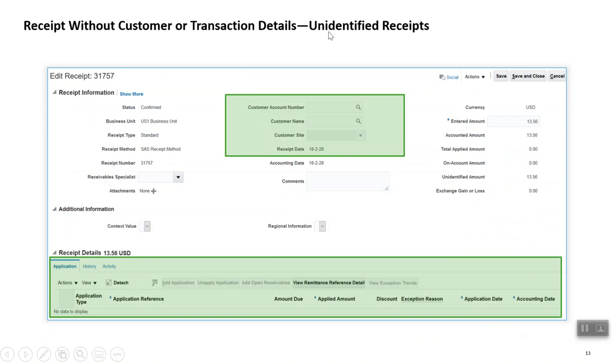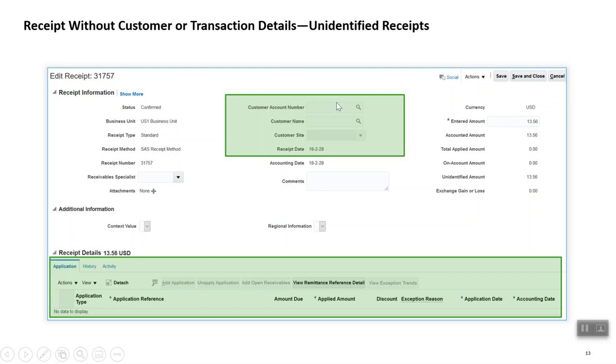Now you see this receipt is called an unidentified receipt, which means that when the receipt was created, there was no customer information keyed in. The user only keyed in the business unit, the receipt type, the receipt method, the receipt number, the amount and the currency.